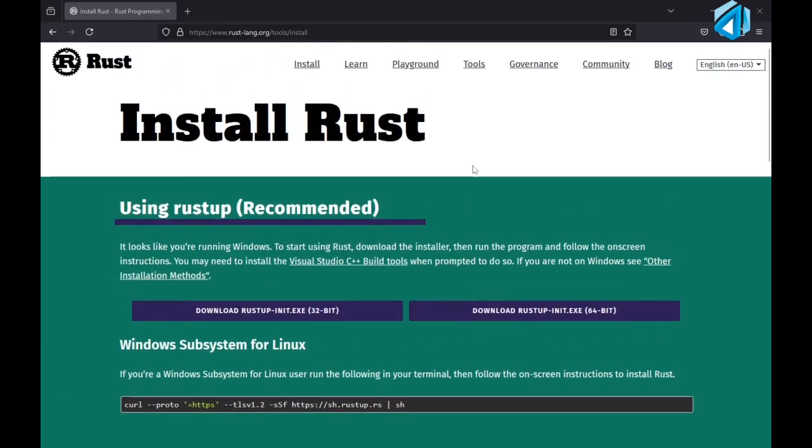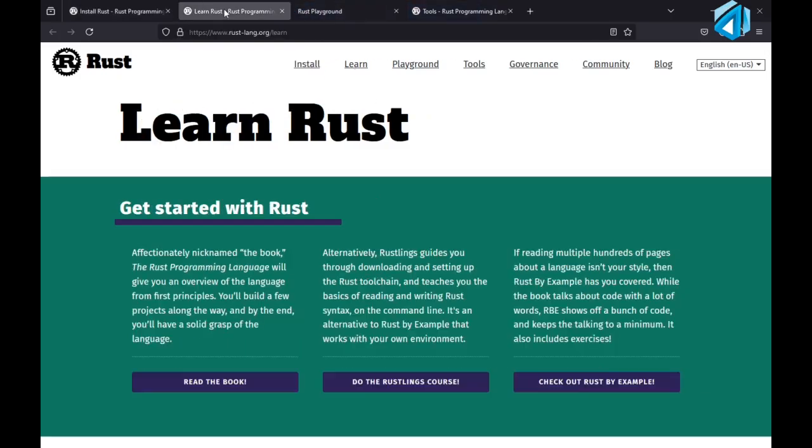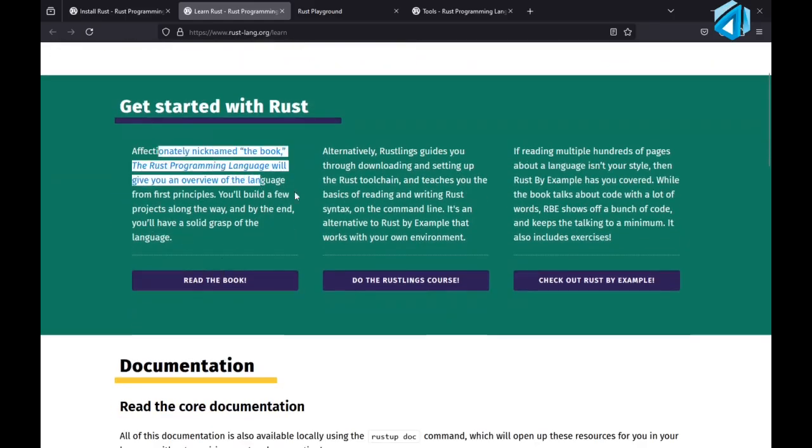But we need to learn Rust, right? How will we learn Rust? Here we have a few available links that we need to check to start learning Rust. First one is Learn. I will just click on a new tab, and then we have the playground and we have tools. Let's check them one by one. In the Rust Learn section, we have the read the book option,